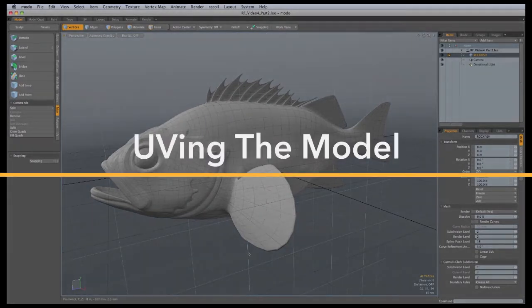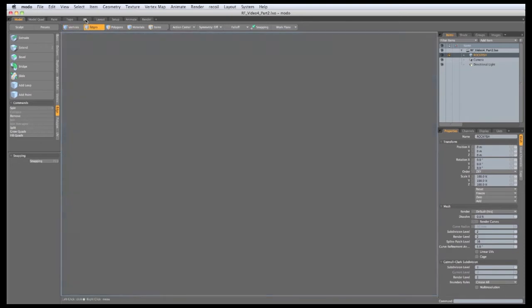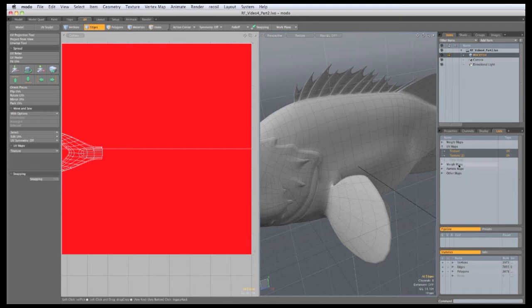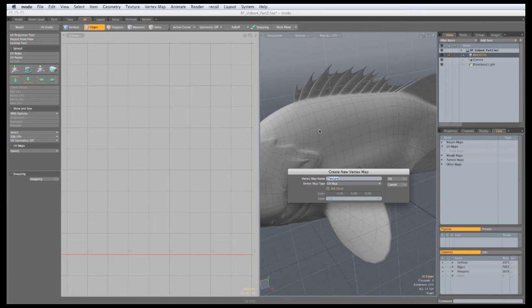So with all of the geometry in place, we can now start thinking about texturing. But before we can apply or paint any image maps on the fish, we need to UV it. So let's go to the UV tab and also to the Lists tab, expand UV maps. Now you'll already have a couple of UV maps in there, and these are just junk UVs that are created during the modeling process. So just select them, right click and delete, then click New Map, and we'll call this